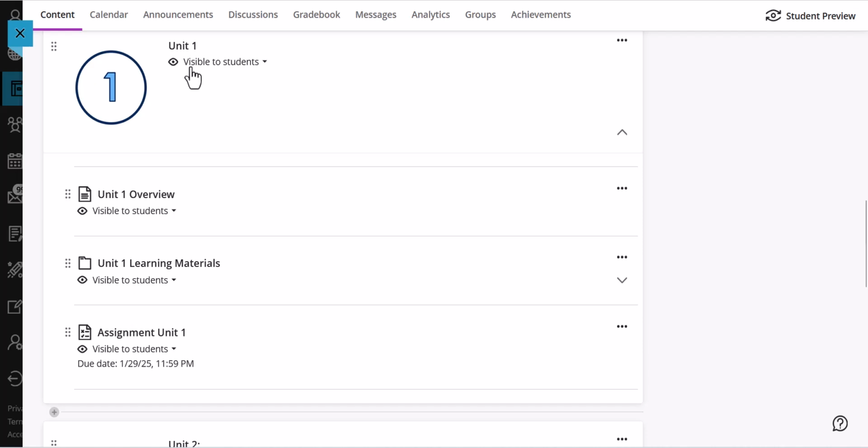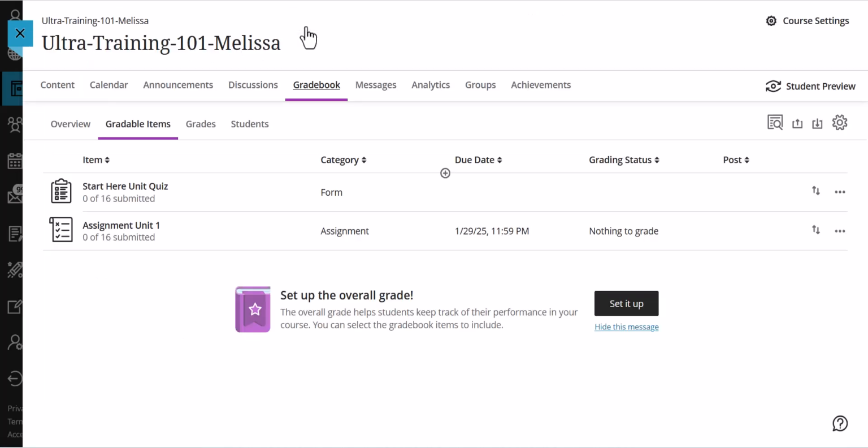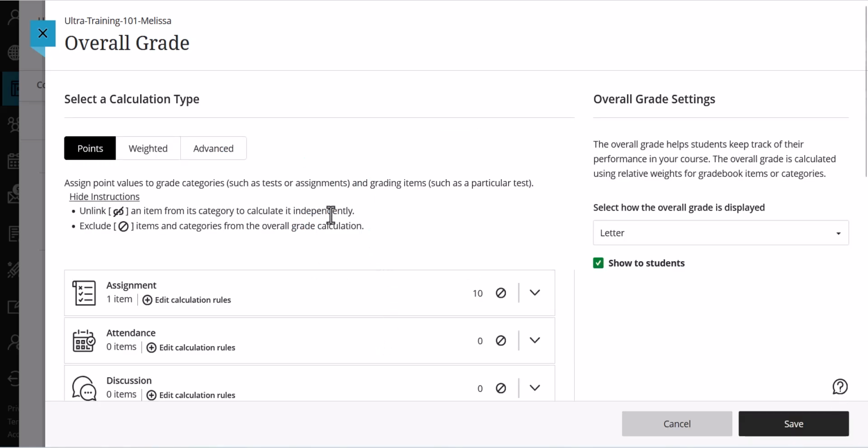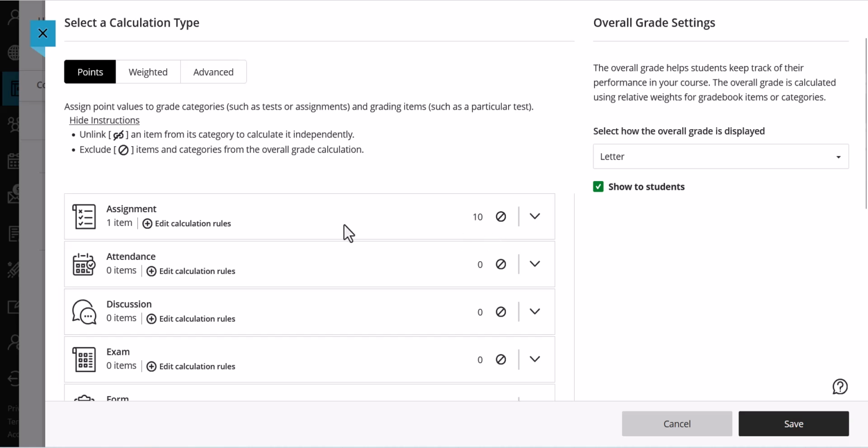So the next step of what we need to do is click on Gradebook and start to set up our overall grade and make sure that this is where you want it to be. So if I click on set it up, I have an option of points or weighted or advanced. For the sake of this, let's just look at points, but it'll be very similar regardless of which one you choose. So let's say we have assignment. Within this assignment, this is the category. Within that category, any assignments we currently have will be listed there,